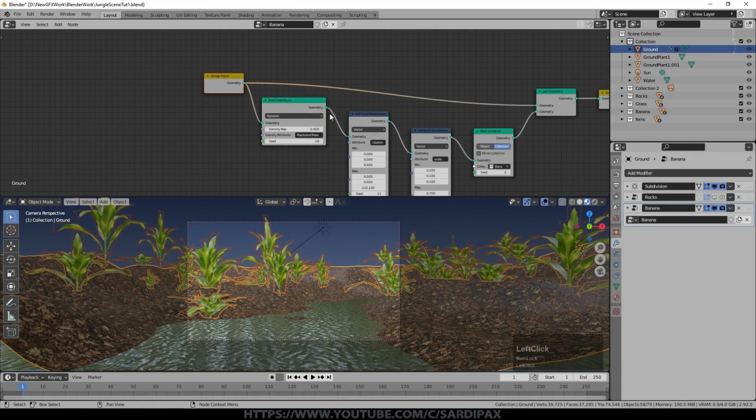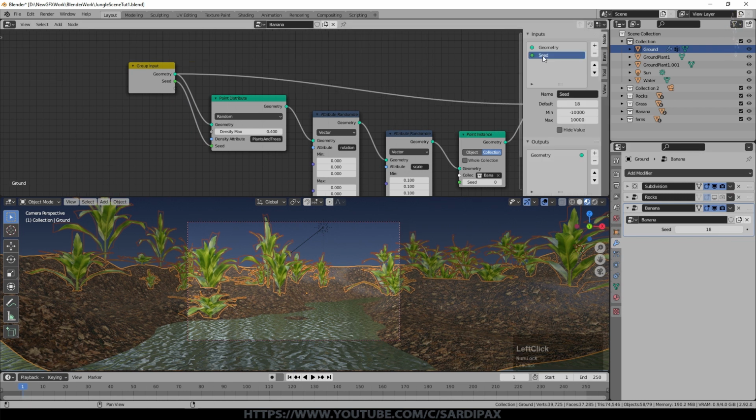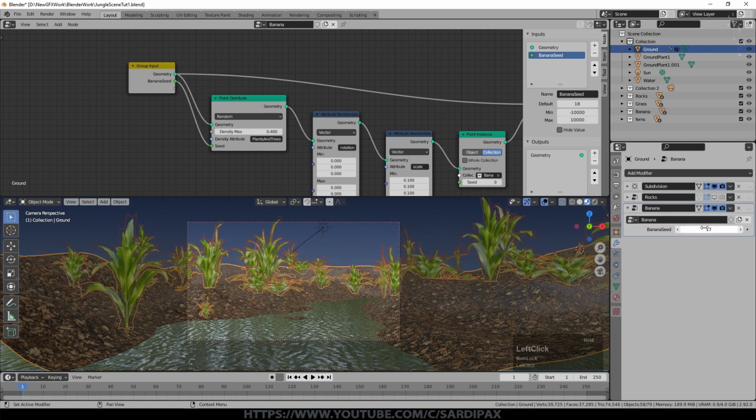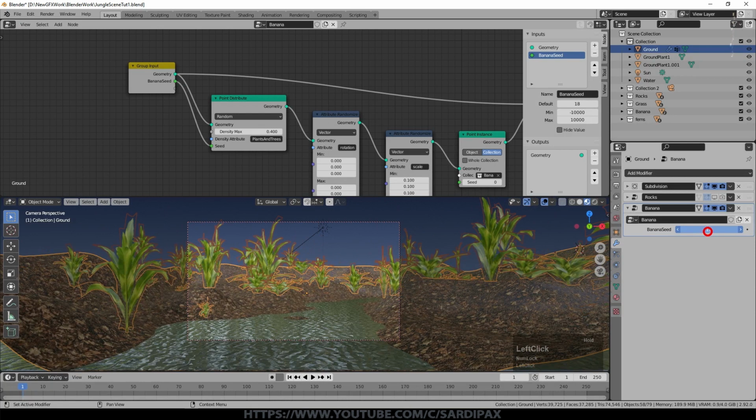By the way, if you ever want to be able to get density or the seed value very quickly without having to go into the geometry nodes themselves, we can just take this seed value here, for example, and just pull it out to there. And now you can see that seed value has appeared under here. And if we press N, we can select that and we can give it a name. So it could be banana seed. So that means I can just go into this node when I want to and just play around with this here, and it's changing the seed value, in other words the distribution for the bananas, which you may well want to do when you're using this sort of setup. And you can do that for any of these things, of course.